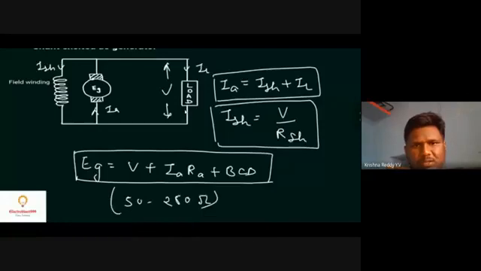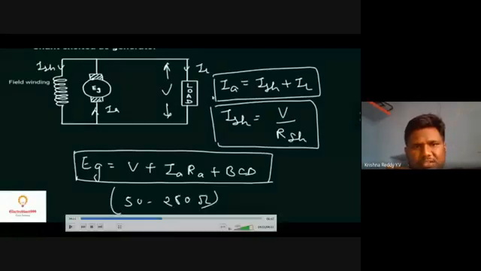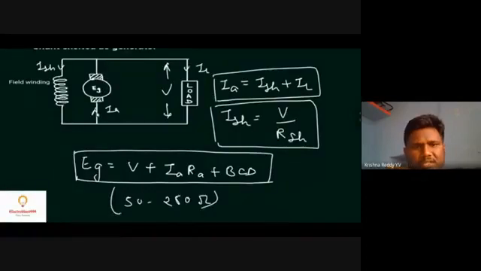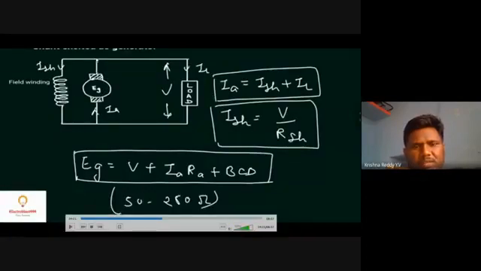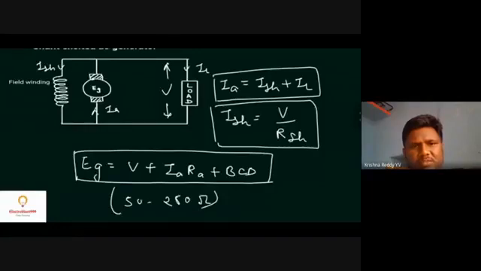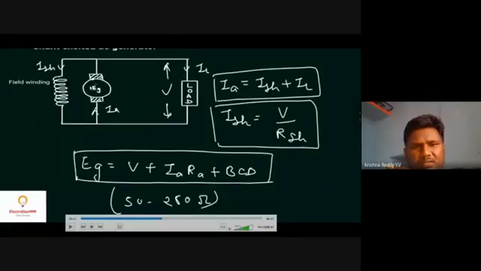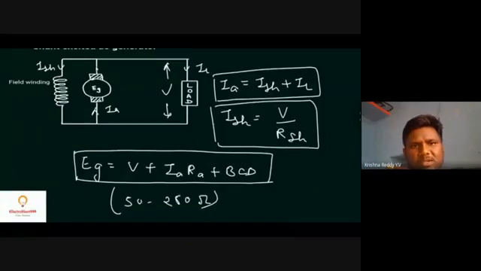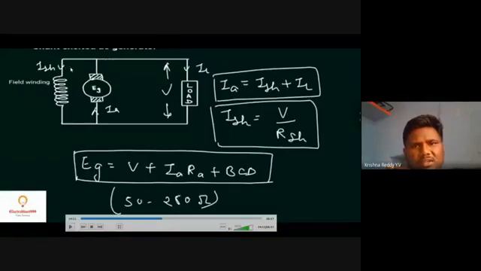Here, for the equations in the case of shunt generators, by applying KCL, the algebraic sum of entering currents is equal to the algebraic sum of leaving currents. The armature winding supplies the current Ia. It is split into load current and shunt field current. That's why Ia is equal to Ish plus IL. We can calculate the shunt field current using the parallel configuration. Here, the shunt field winding, armature winding, and load are all connected in parallel.